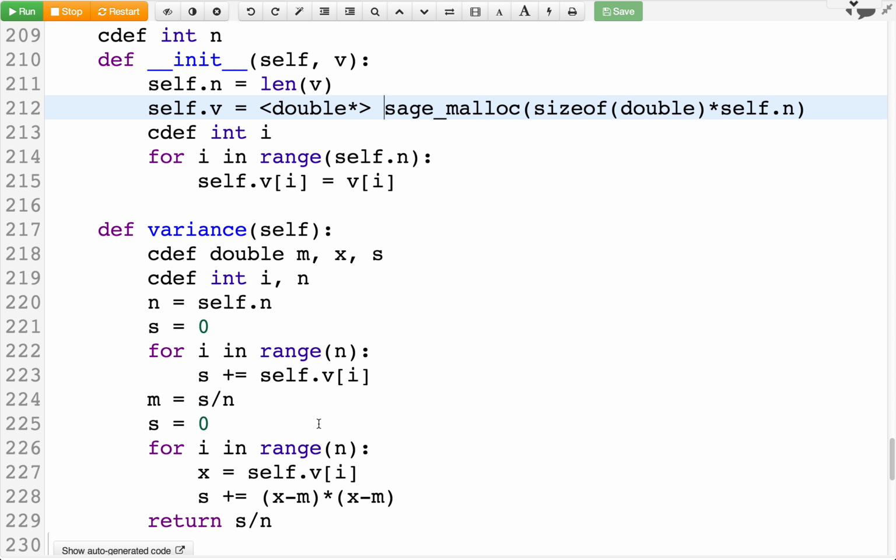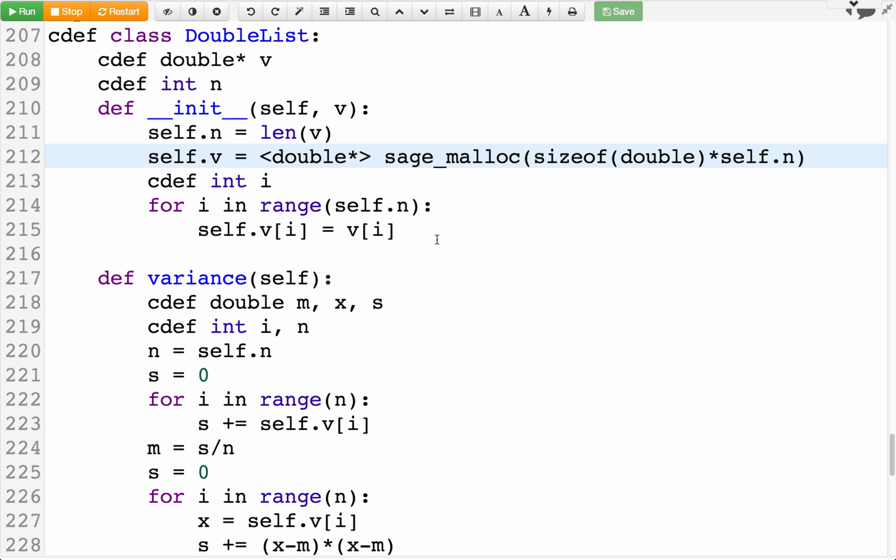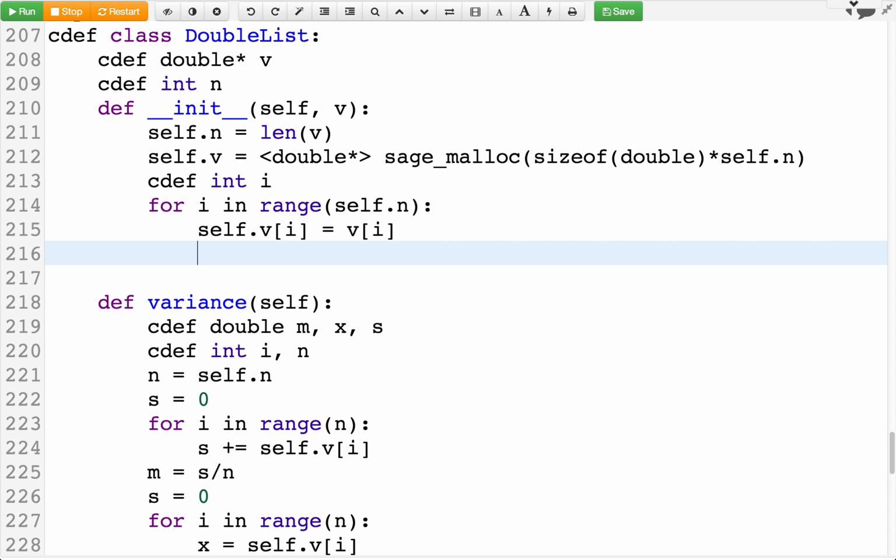Okay, so now you're probably wondering whether this works and how fast it is. And I feel a little guilty. Let me just point out, if you run this over and over again, you're mallocing memory, that is, you're allocating memory, and it's never going to get freed ever. It's a memory leak the way I've written this. You have to add another method, I think, called del.